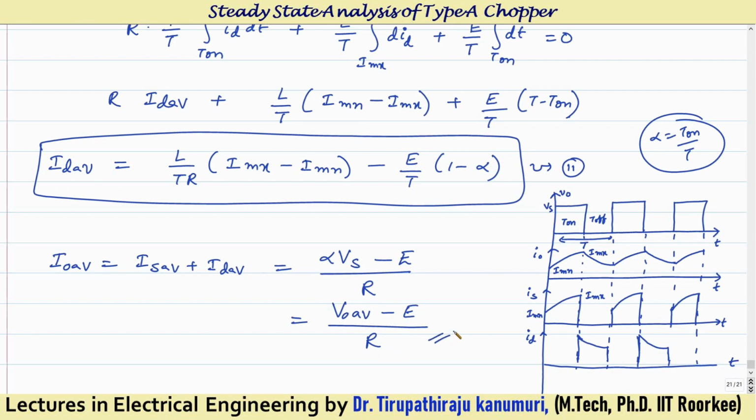Using this formula, I can calculate my average value. In the similar way, whatever is the waveform, you can calculate in the similar way. Only I want to explain you how to make the calculation when some numerical is given. So I hope that how to calculate the steady state values are completely clear to you.